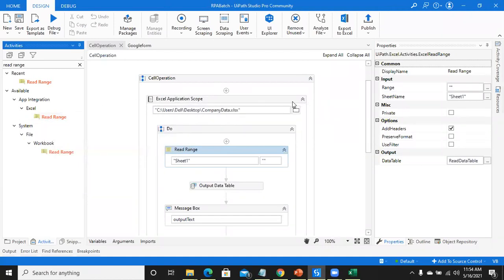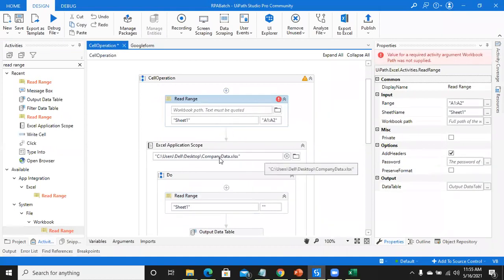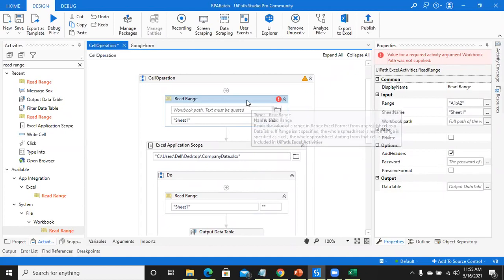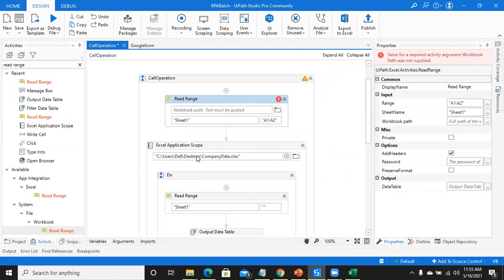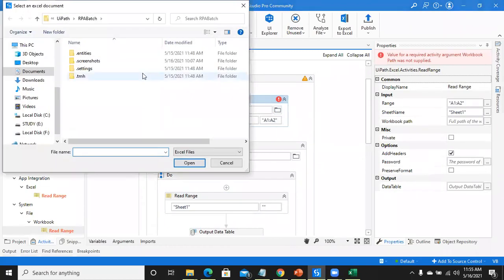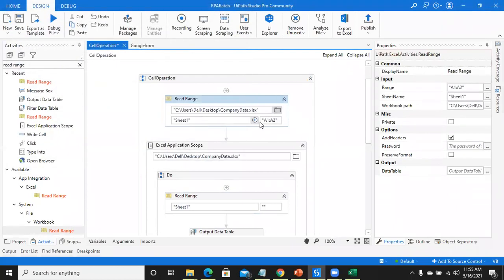If you don't want to use Excel application scope, you can directly put this read range, but in place of the path of the file, you need to put the path here. So there are two types of read range available: one with Excel application scope and a separate read range activity. Whatever path you are giving here, you can directly give in the read range only.